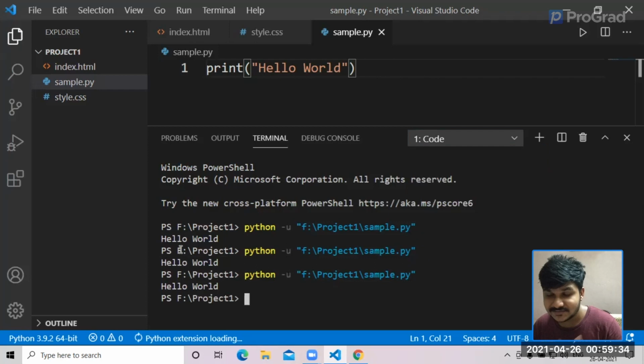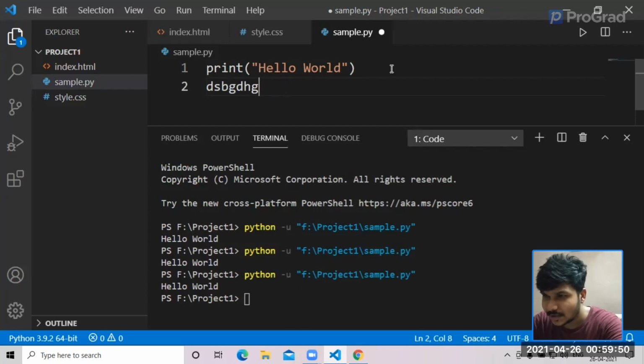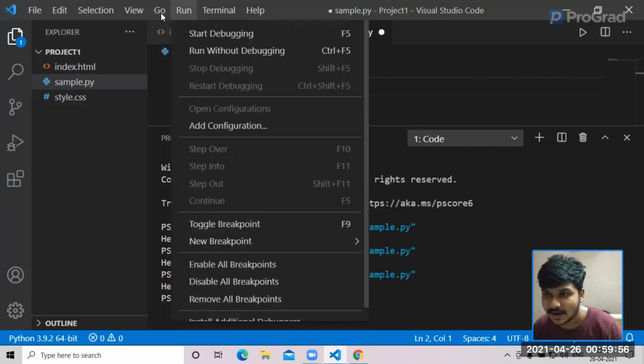Okay, so I guess we have arrived at an answer, Hello World, as expected. Since we have run it many times, it has given us the output this many times. But this is how you run Python code as soon as you install your extension in VS Code. You can type as much code as you want and run it. You can run it in 2 ways. You can either go here and run it, or you have Run here, and you can click Run without debugging.